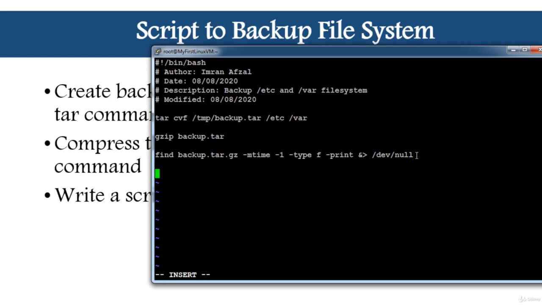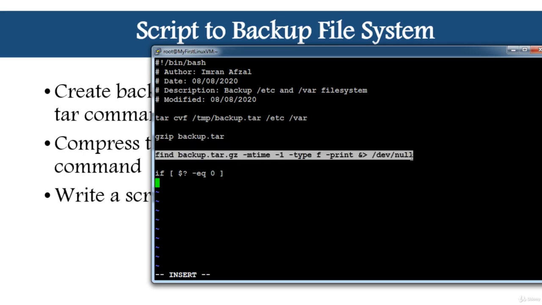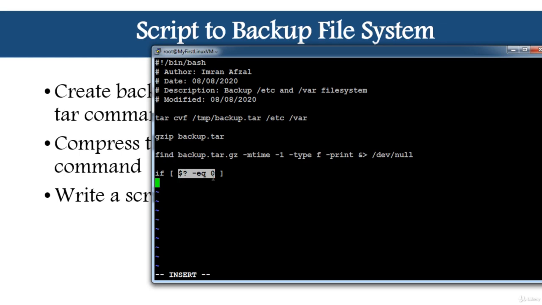So now what we're going to do is if $? is equal to 0. Now what is $? It's the exit status. So if the command that ran earlier, which is this, finds a backup.tar.gz which was created today, and that's where we define it, and the exit status is 0, meaning it's there, then